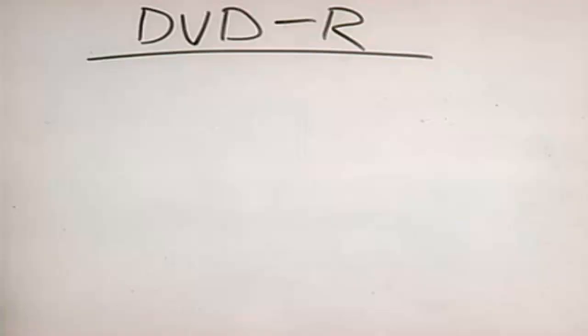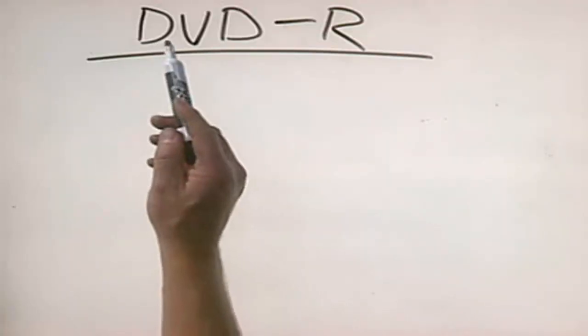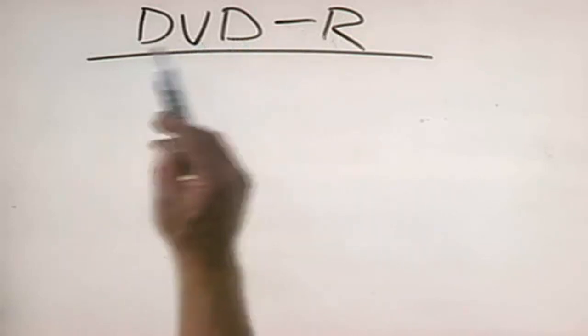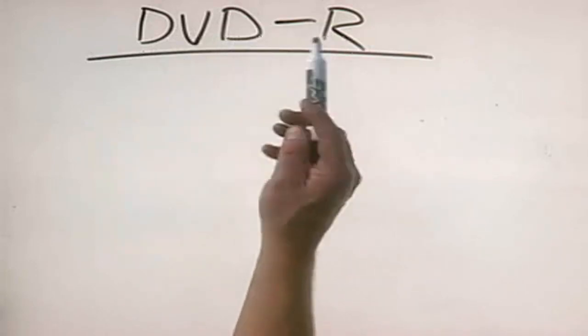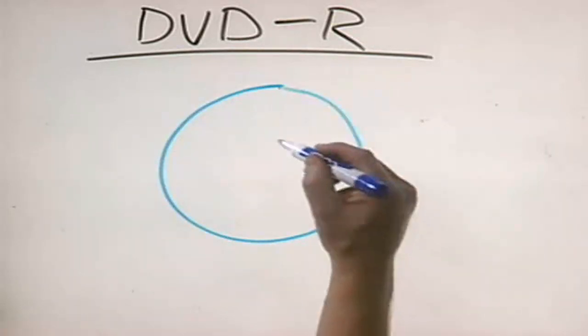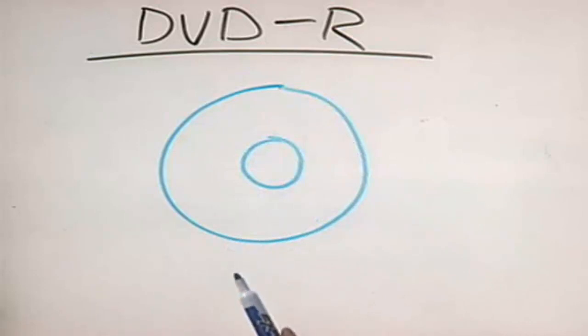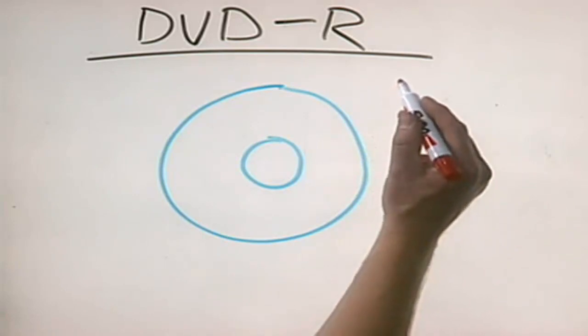Now, just like we have recordable CDs, we also have recordable DVDs. The first one we need to look at is the DVD-R. We'll see in just a minute there's also such a thing as a DVD+R. However, you should never refer to this as a DVD minus R. It's just a DVD-R. A DVD-R works in basically the same way as a CD-R. We have our DVD disc. The bottom of the DVD is coated with an organic dye, just like a CD-R disc. In order to write data to it, we have a high-power laser in the DVD-R drive that